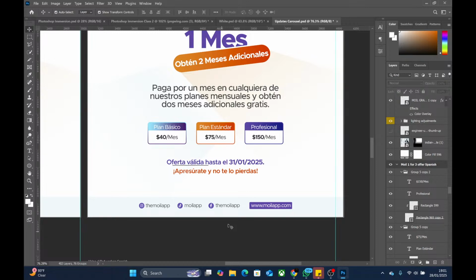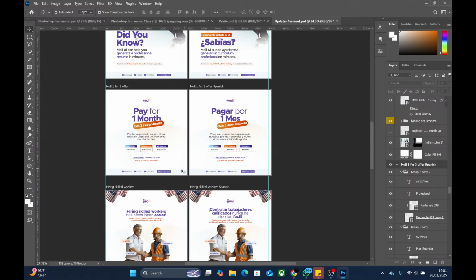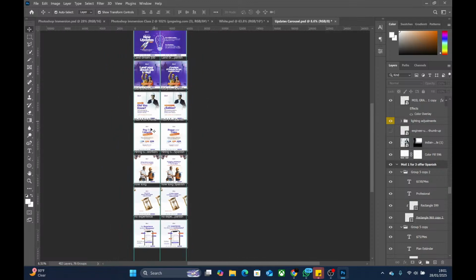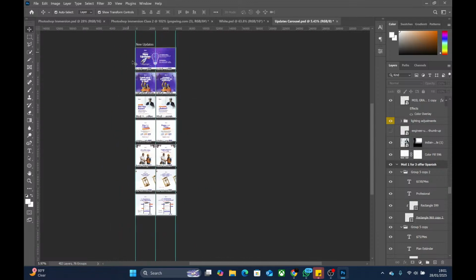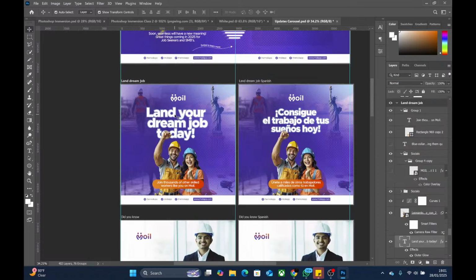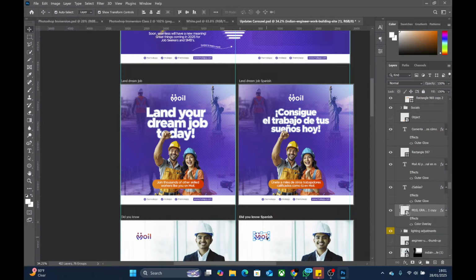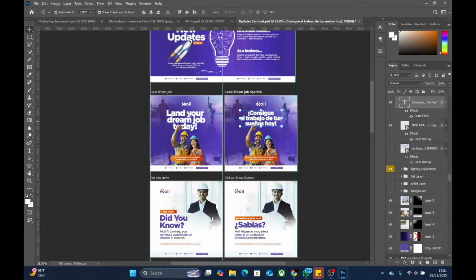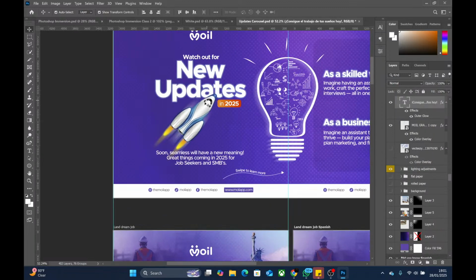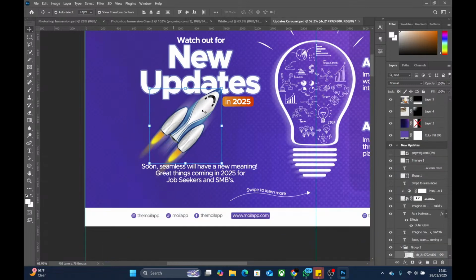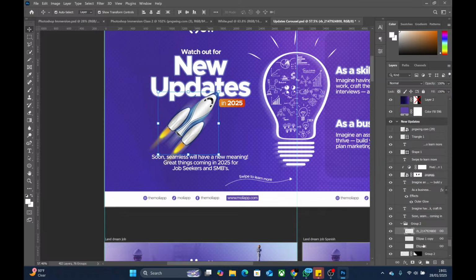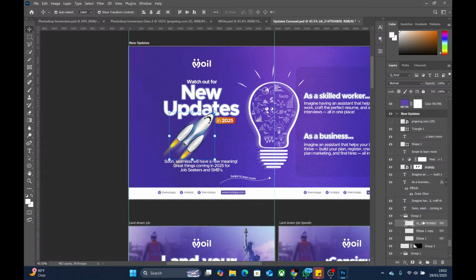So that is another function of that auto select. If you want to locate something on the layers panel, you can easily just click and it will go there by itself. I click on this, it will go there. You see the shade, it will select it. You see the stuff that you are looking for. If I need to find this rocket, maybe I want to make changes to it. Let's say I want to change the color of that rocket, the blue around it. I can just click on it, I will find it, and then I will make adjustments to it. I can change the color, I can do almost anything.